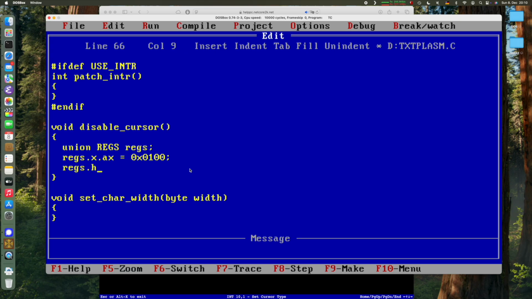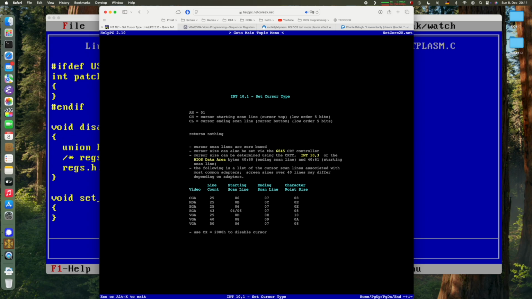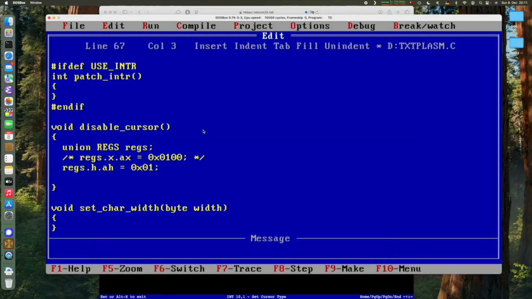I could have written regs.h.ah equals 0x01. That would have been the exact same thing, and I could have kept the AL register as it is, whatever it was defined with. So according to this here, that's probably fine. And we can do the same for the CX register. So we can do regs.h.ch